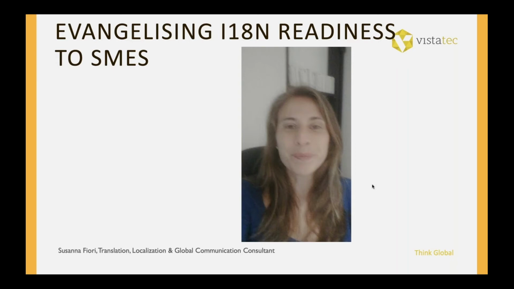If you have a huge product which was developed a long time ago and now has to go global, it has to be internationalized. They will have to invest in making that code ready. But the more they invest, the better they do the job. The quicker, the cheaper, and the smoother the globalization is going to go.